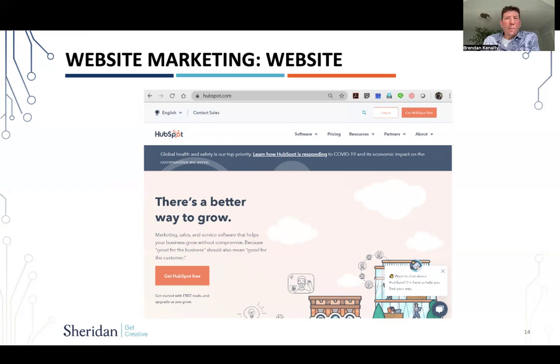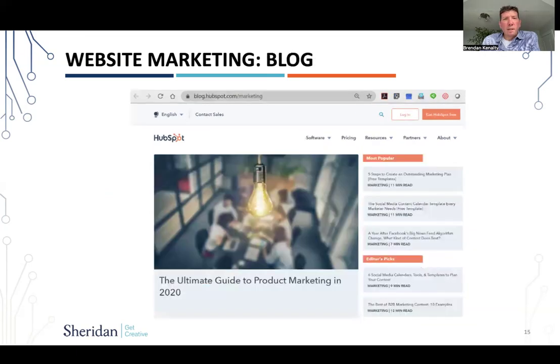It's usually on the main domain, so on a .com or .ca. It's the primary place you drive people to, and it has all sorts of content areas: contact, lead gen, product information, knowledge centers. Really, it's the front door into your business. Many sites now also have a blog. A blog is a place where you can put more frequent content. So you can put new posts up once a week, twice a week, once a month, whatever you want to do. As most of you have probably seen on blogs, a lot of times it's educational content, thought leadership content.